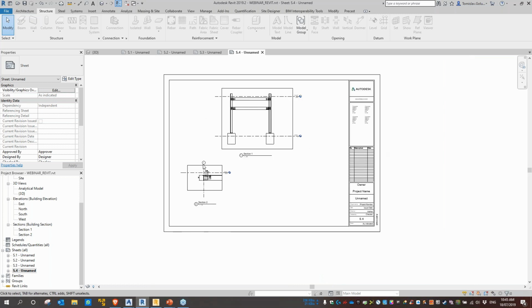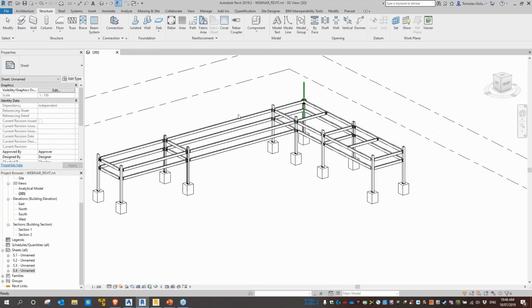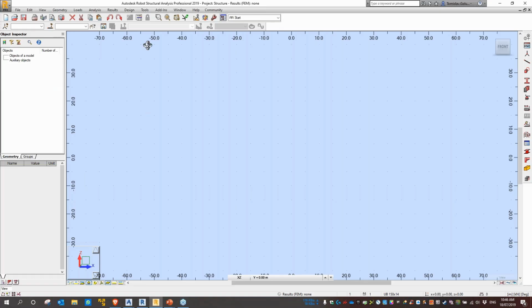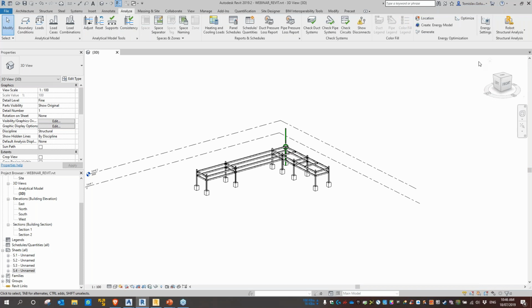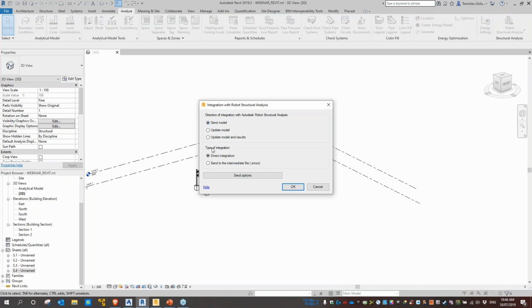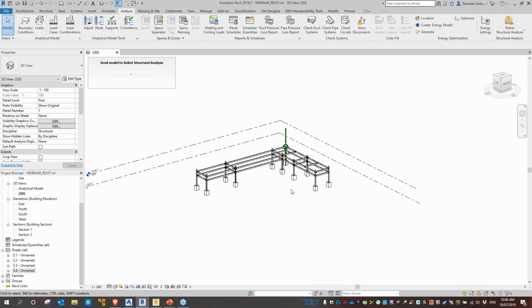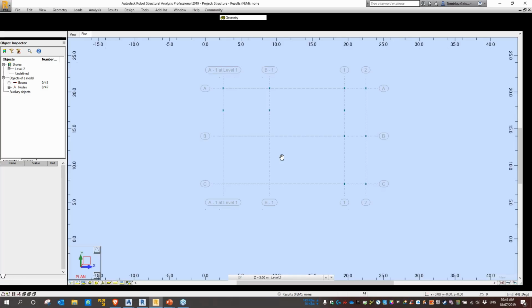Okay, so in the scheme of things, at some point in the workflow you'll need to do some analysis on this as well. I'm just going to close these down. Let's say we're at a point where we're happy with this model. I do have Robot 2019 installed. Under the Analyze tab, I can send all of this out to Robot. I can send the model out to Robot and just go OK. It'll do its thing, give it a few seconds. I'll say no to the report. But then when I jump into Robot,